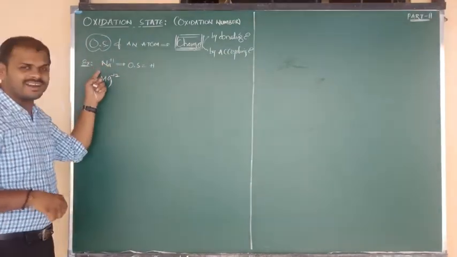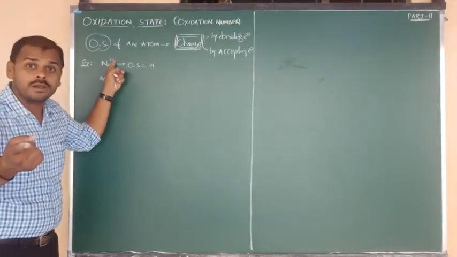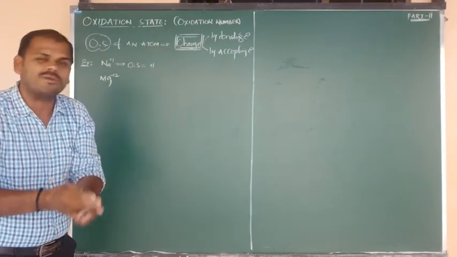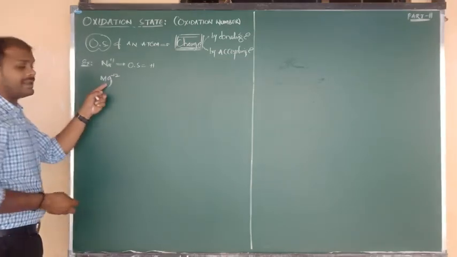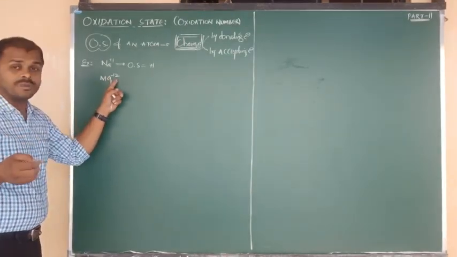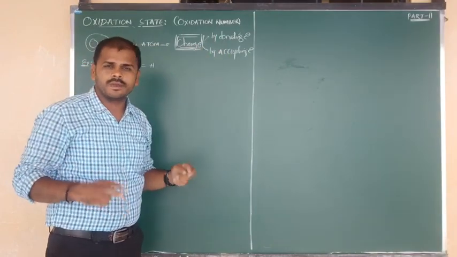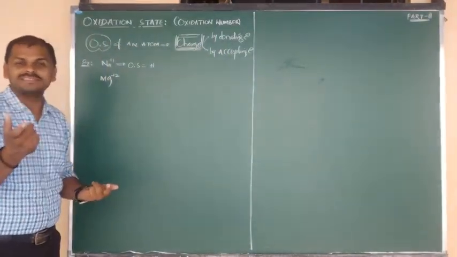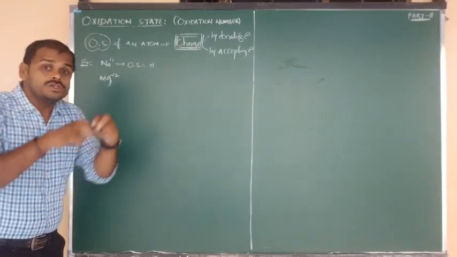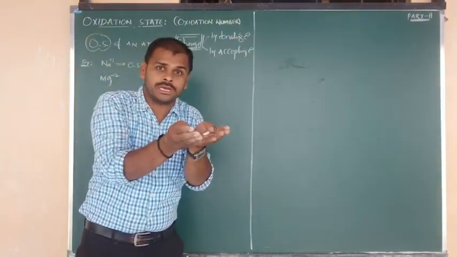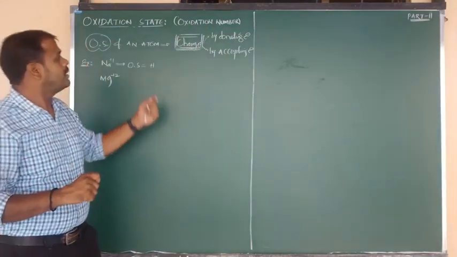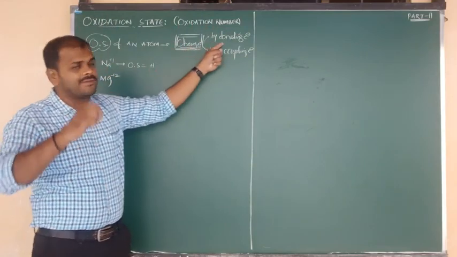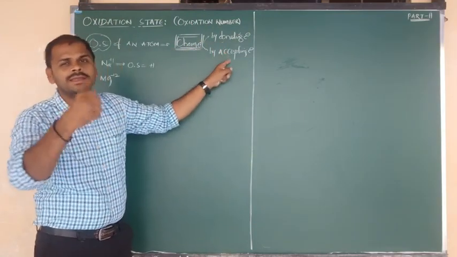Actually sodium contains 11 electrons. By the loss of 1 electron, it becomes more stable, that is the stable neon configuration. Once again, magnesium contains 12 electrons. +2 means it donates 2 electrons. After the loss of 2, Mg2+ contains totally 10 electrons, so again it gets a stable configuration. So in this entire nature, most of the elements, generally atoms, sometimes lose electrons, sometimes gain electrons.